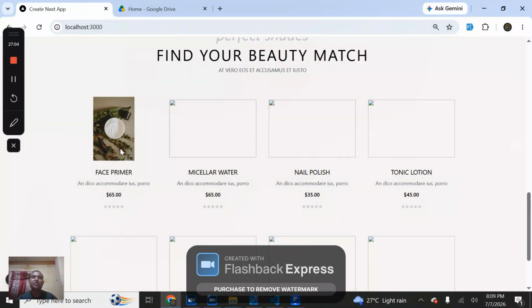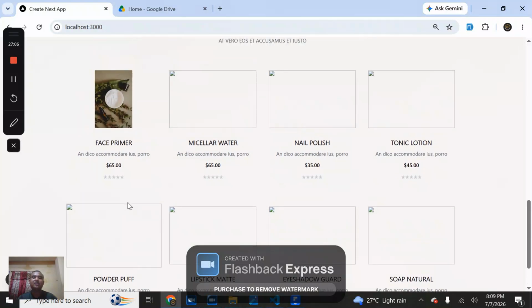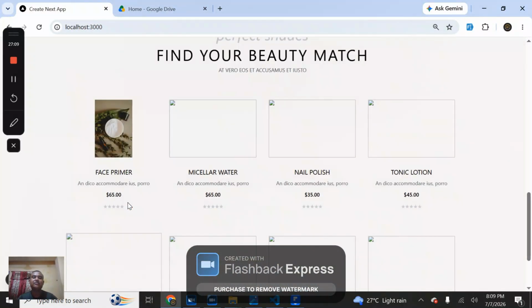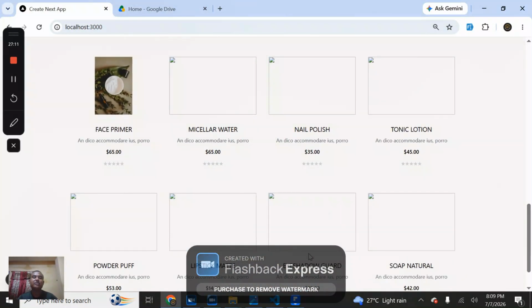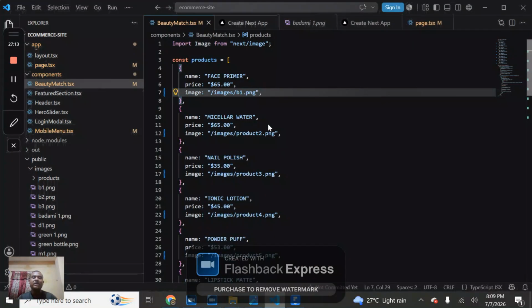I hope the images are okay, right guys? So guys, that's it for today. We will take just 2-3 minutes more. We just have to